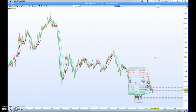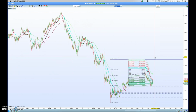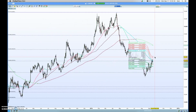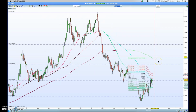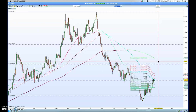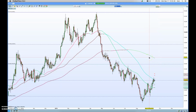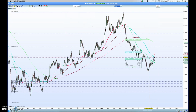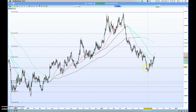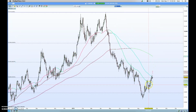you can see that there is a potential move up to 133, which could be just setting up really for another big sell-off, because overall we're in a bit of a downtrend, and what we've seen is a retrace up to 143 over the last so many months, and then a bit of a sell-off that is slowly working its way down to retest at 118. We have bounced off the 61.8, which is key support, and you can see that it's done a double retest there as of the start of this month, really,